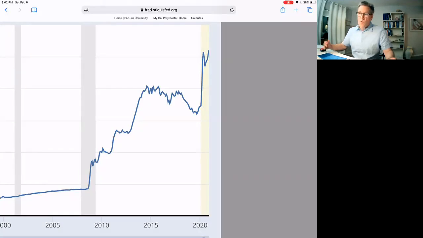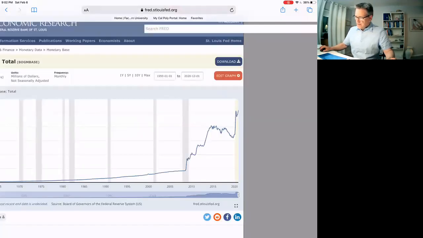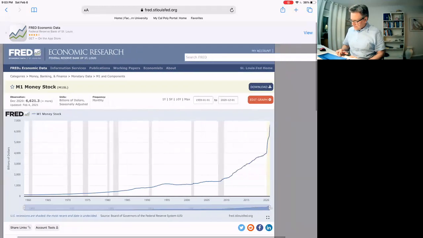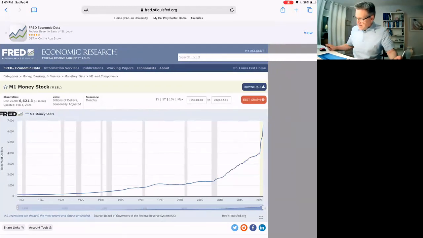And I'll show you M1. That translated to an increase in M1 also. And this graph, this shows M1. And you can see that increasing the monetary base had a big effect by increasing M1 also. And once again, it was to increase the money supply, lower interest rates, to try and increase aggregate demand to make up for the drop in aggregate demand that the pandemic